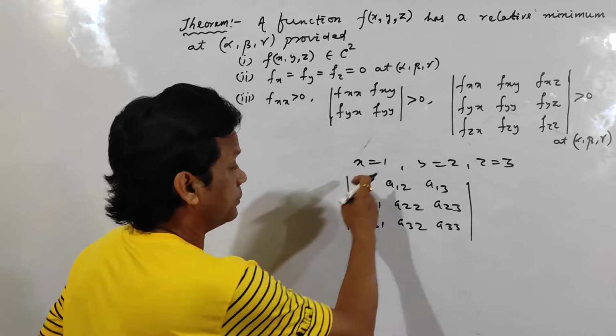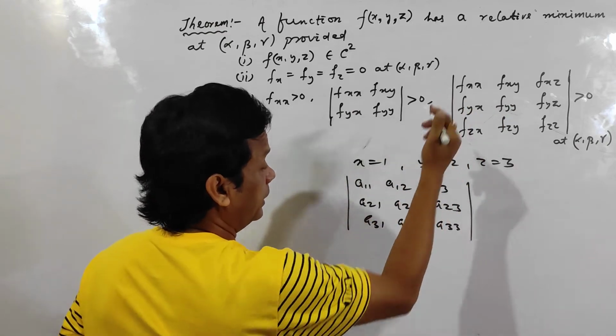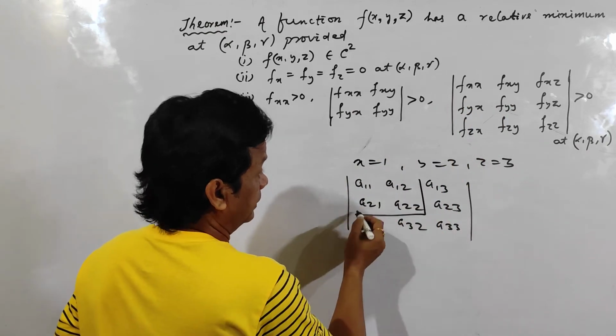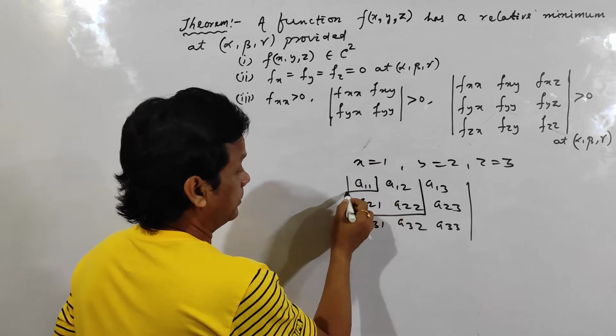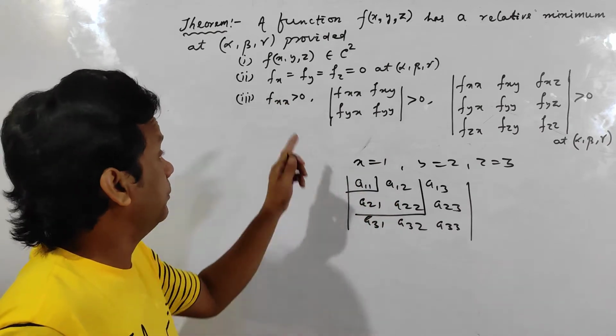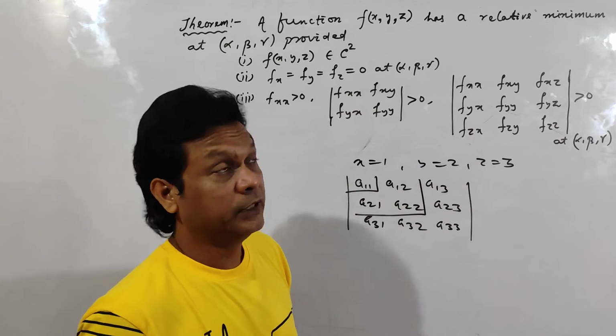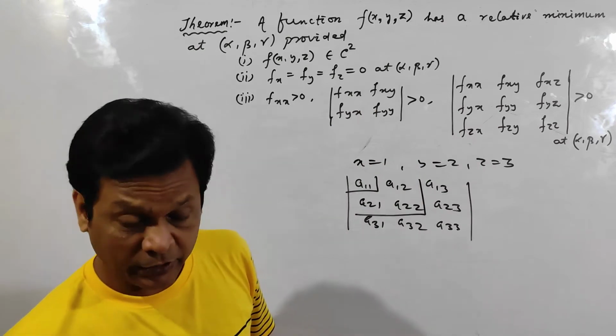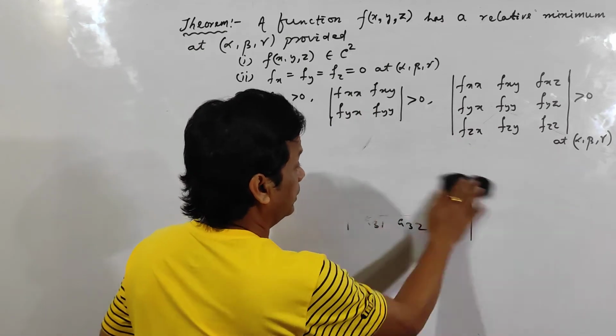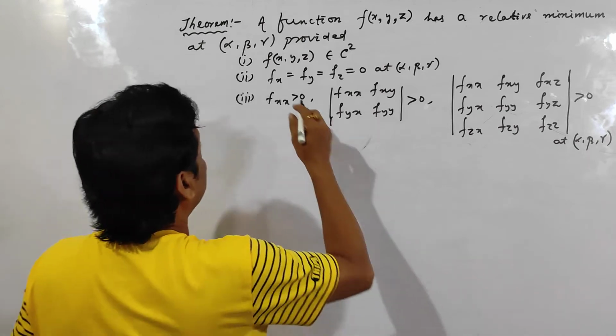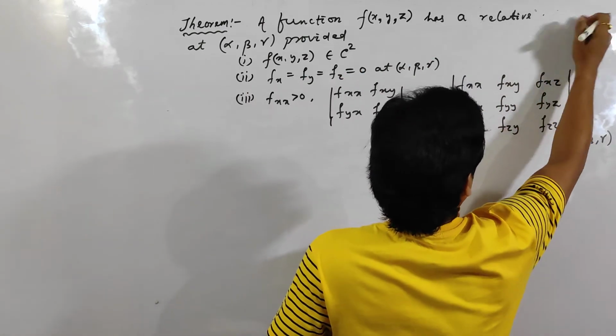Okay, so this one is the third order matrix determinant, and this part is the first part. And if all the three are positive, then a relative minimum will be obtained. And for relative maxima, see here, I am only changing here. The next theorem is, this one is maximum,